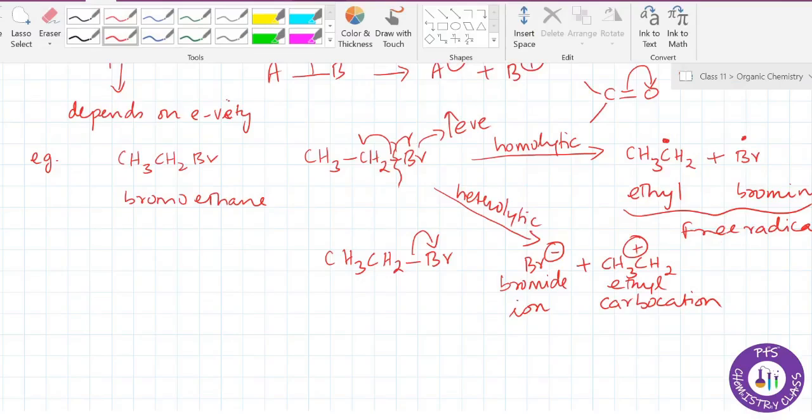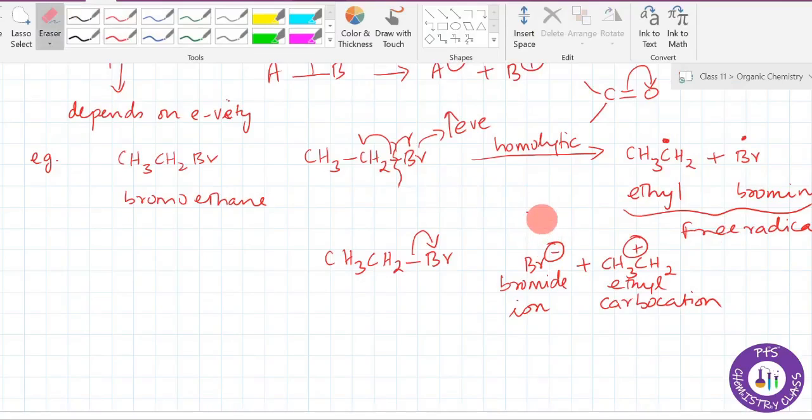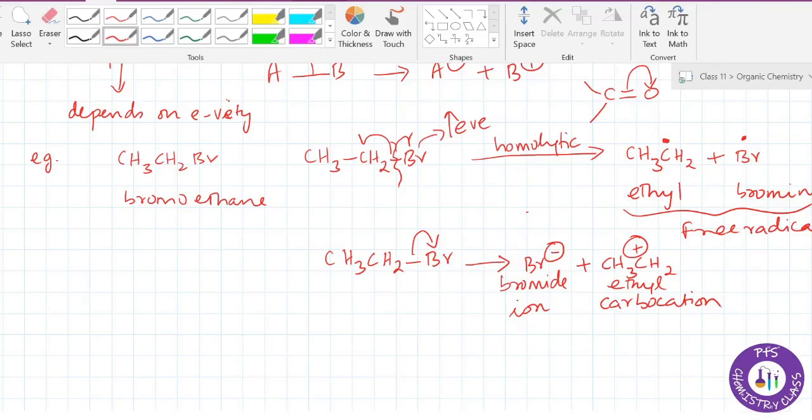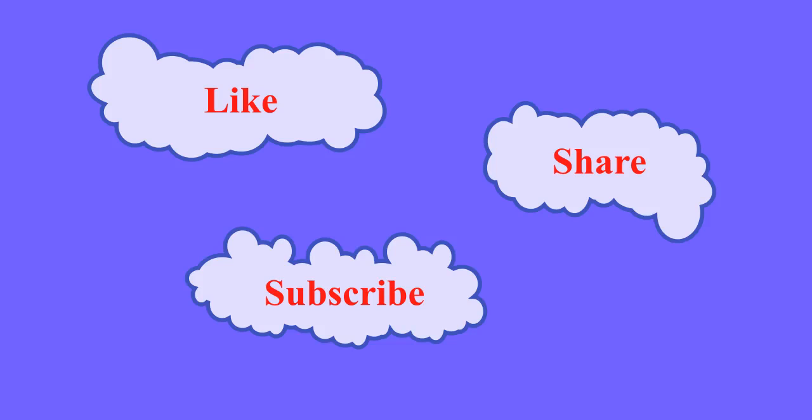Okay, I'll just rub this off because this doesn't really represent that. So we will have this bond like this. This is called homolytic cleavage and heterolytic cleavage. Depending upon the type of reaction, depending upon the reagent which is attacking the reactant, the compound will either undergo homolytic cleavage or heterolytic cleavage, and free radicals will be produced in the homolytic cleavage and carbocations will be produced in the heterolytic cleavage. Okay, so